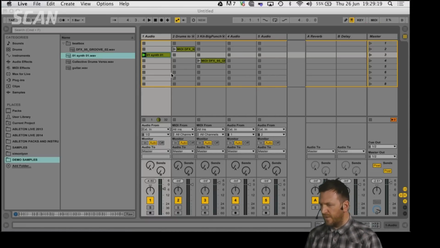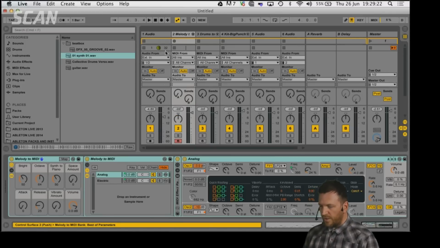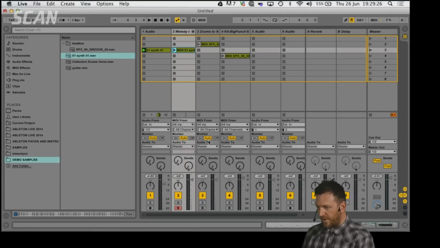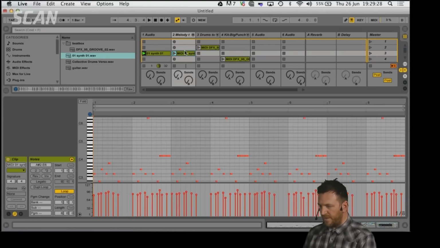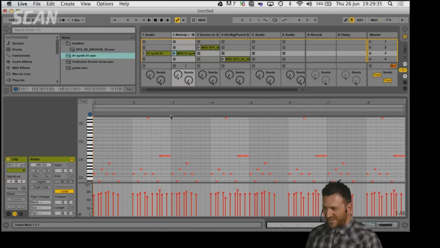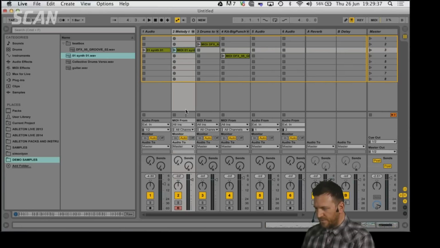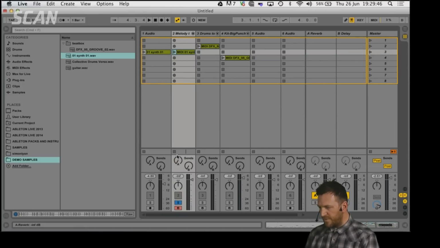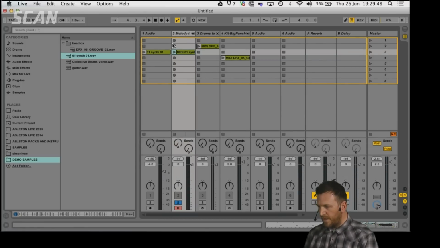It did repeat itself. So now we've got a new track, and it opens this analog synth again. I'll just keep that out of the way for now. If I look at it in MIDI, now I was hoping it's done this, and it has, so it's good. What's happened is it's got a random note up there that just sticks out. On your desktop at home, you probably get a bit more screen real estate than I have on here, where I'm having to keep moving backwards and forwards, but you'll be able to see a bit more. I'll just move that out of the way. So if I play this now,